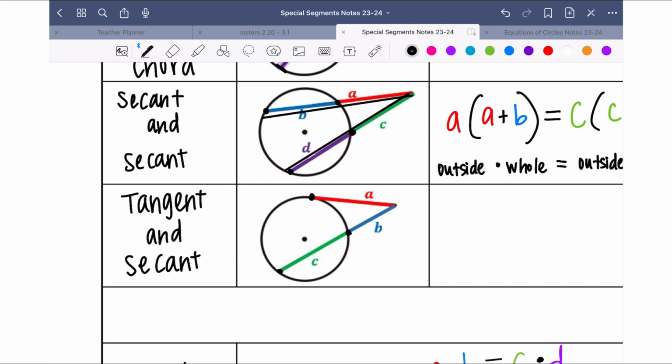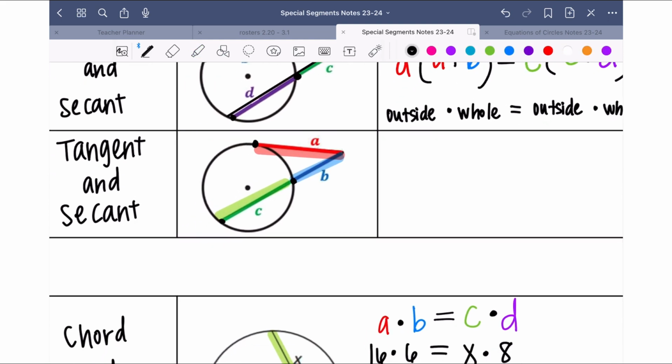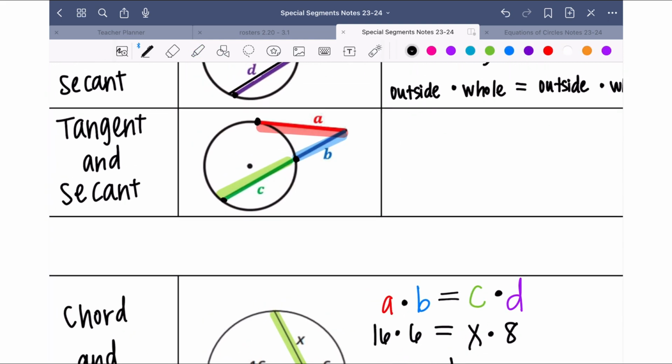Okay, so for this formula, if you want to highlight your portions, we have the tangent segment, which is just one piece. And then your secant segment is divided into two pieces, the outside and the inside portion, okay? All right, for the formula, your tangent segment, for this case it's A, is going to be squared. Remember, squared means to the power of 2, so multiply it 2 times. And that's going to equal,